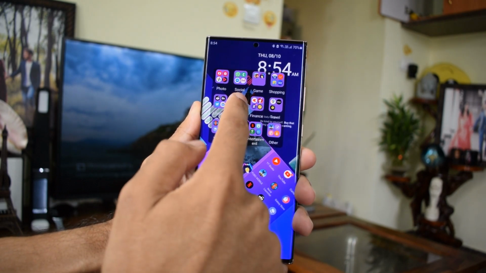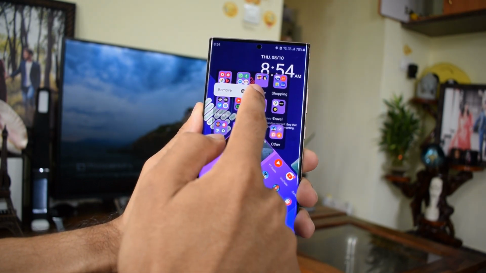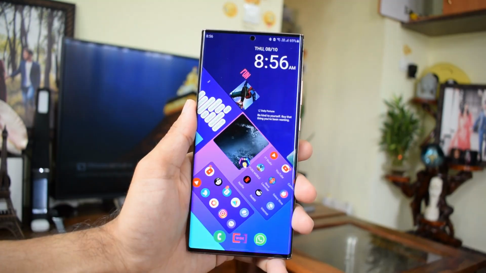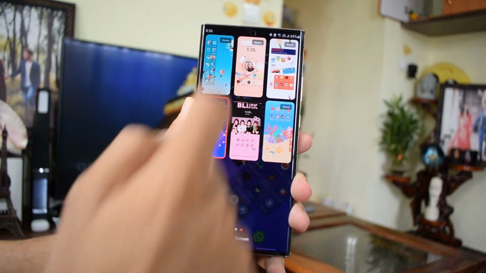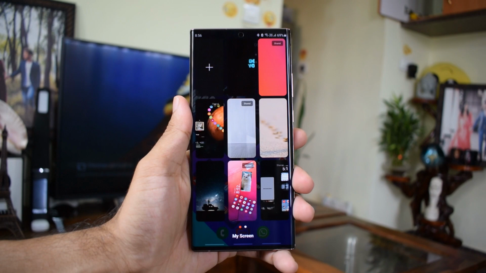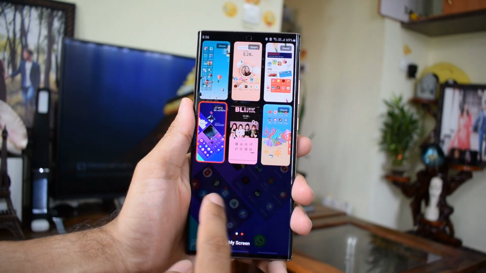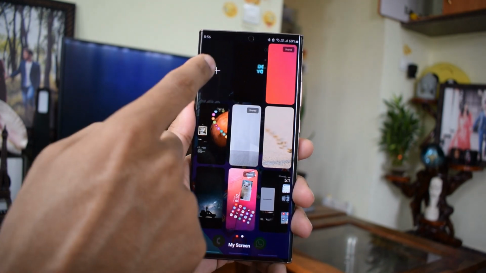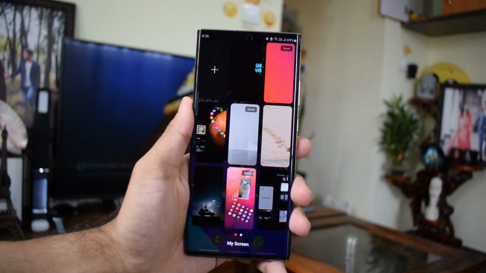Alright, now you can just press and hold the home screen to change the theme, and believe me, there are some amazing themes available which can be further customized. Apart from this, let's say you want to create your own home screen theme, you can do that as well. Just get a blank white home screen and start placing all the items you need. I'm sure you can show your skills here and be creative.